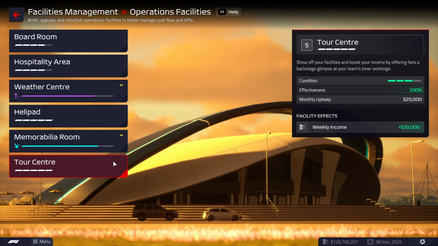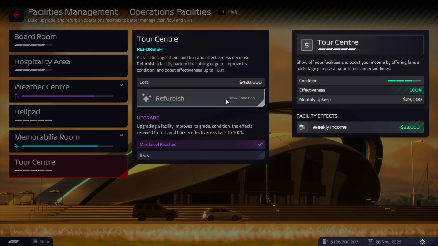The tour center gives you weekly income. At max level, it's 32,000 a week, which times 52 ends up being about 1.7 million. But if we also subtract the upkeep, we end up about 1.45 million. Now, here's the thing. Your tour center will need to be refurbished. Most likely twice a season, maybe even 3 times. So if it's twice, you have to subtract 800,000 of that again. So each season with a max level tour center, provided 2 refurbishings, we make about 500